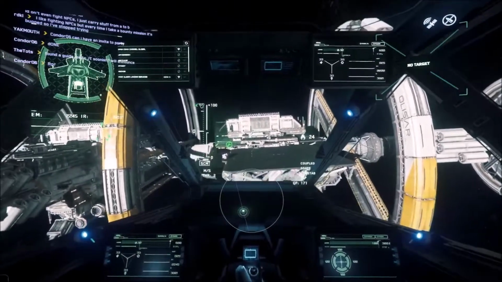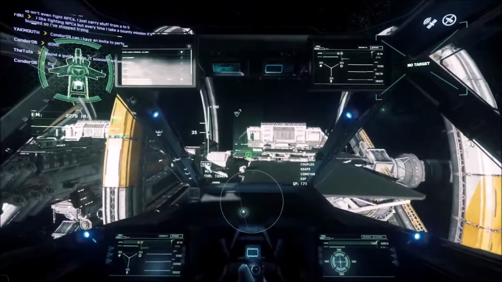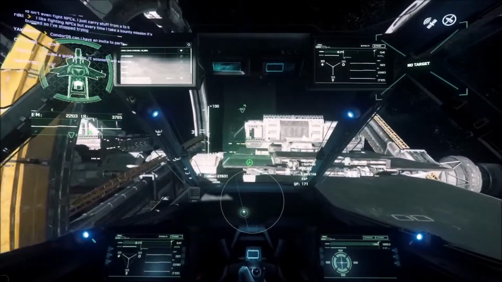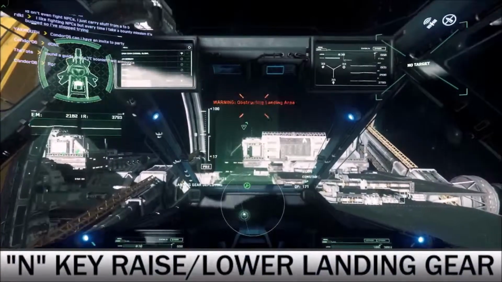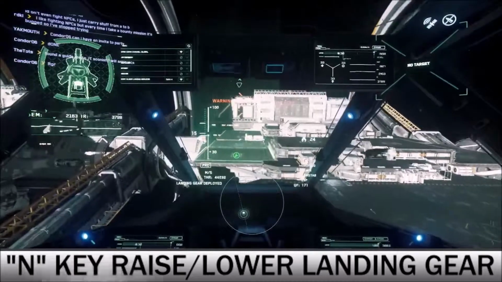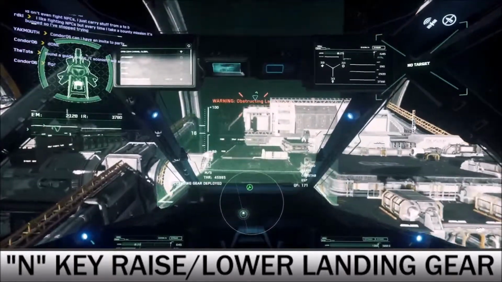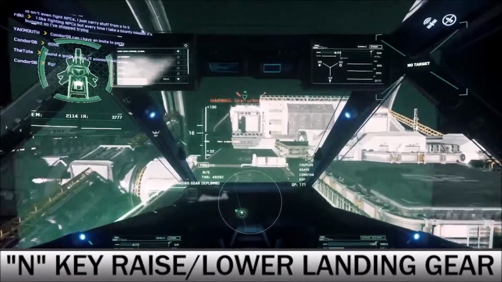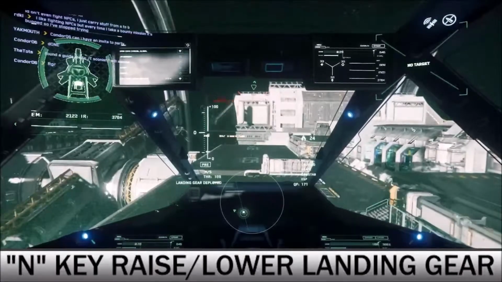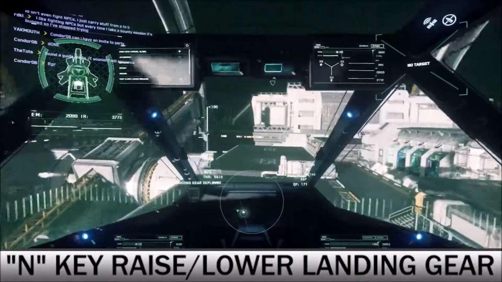But you do want to come in evenly. You don't want to come in all crooked. And you also, by hitting the N key, want to lower the landing gear. Now, of course, we learned at the very beginning of this video that when the landing gear is lowered, you're not moving real quick, so you can move a little bit quicker than you were if it was not lowered. Once you come into your lit up area, if you hold down the N key,